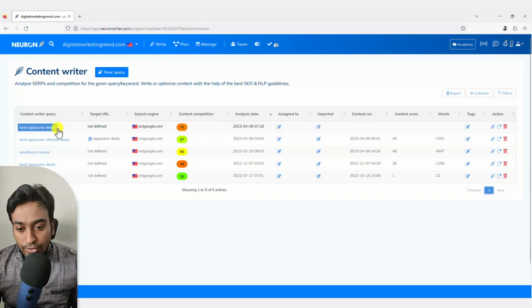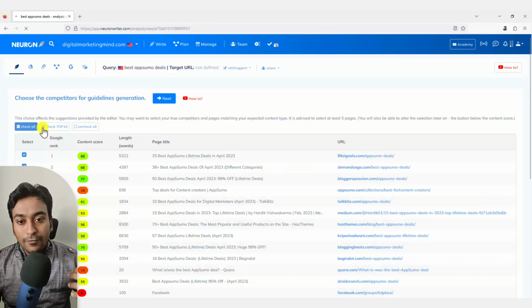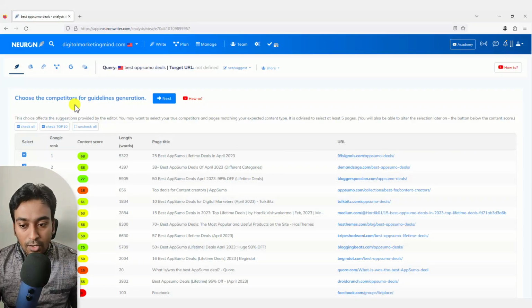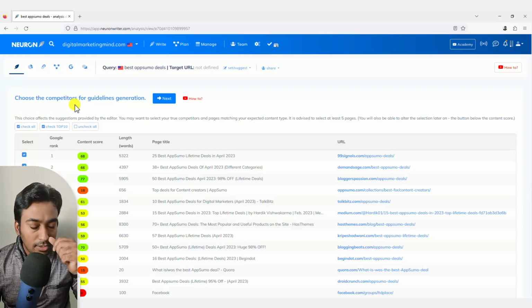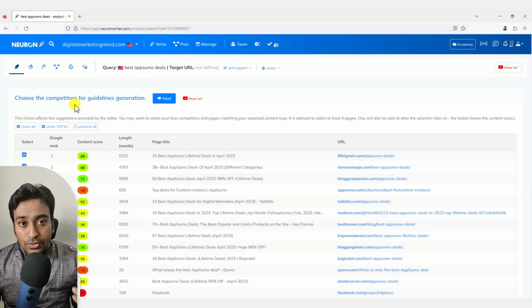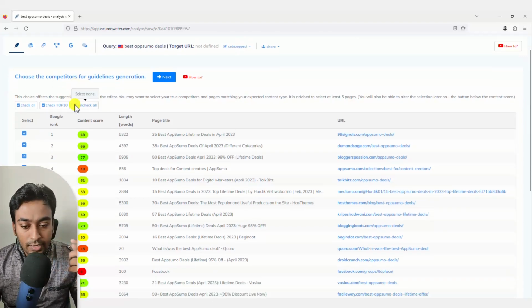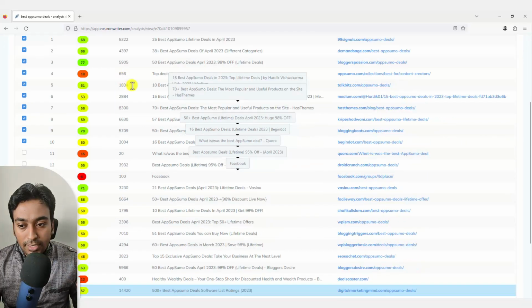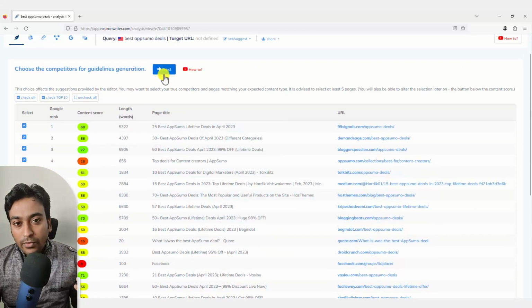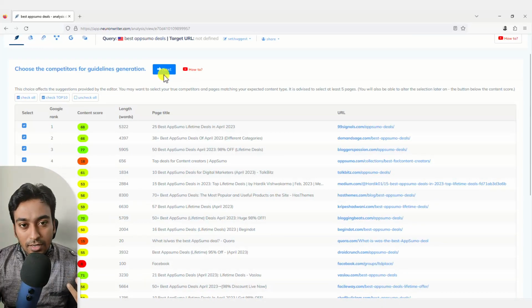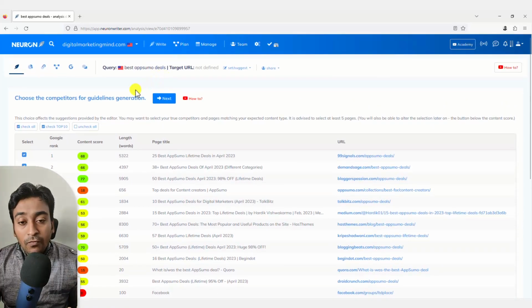So in order to do that, I just need to click on this keyword here, and now it will open a different screen. This is one of the really important screens also, because I tend to see a lot of users who are using this tool just quickly going over the next button here. What I would suggest to you is spend some time here, because it will give you a lot more accurate content in future for this particular article.